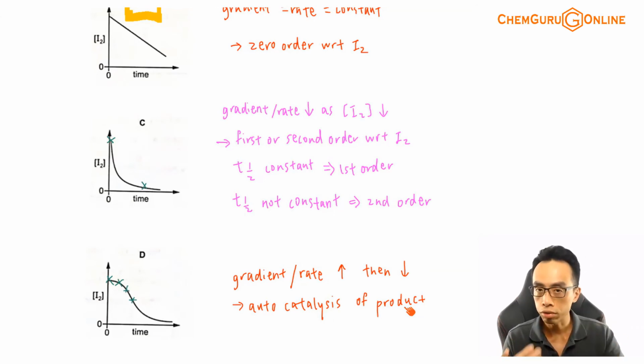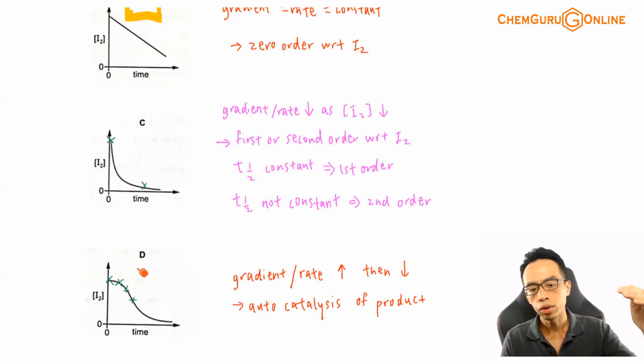But as the reaction proceeds, it will start to form more and more products, correct? So therefore, the amount of the products increases, the amount of the catalysts increases, and therefore the rate of the reaction will slowly increase and get faster and faster. So at the beginning, the rate of the reaction is very slow, but along the way, it gets faster and faster because I'm forming more and more products and more and more catalysts. Now, eventually, this cannot go on indefinitely. That means the rate of the reaction cannot increase all the way until it becomes